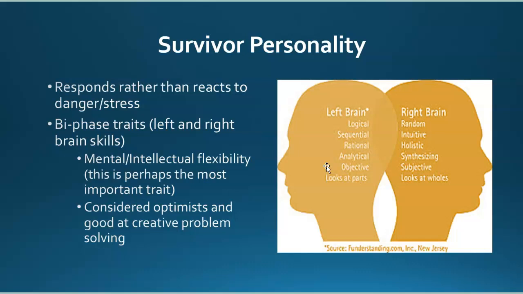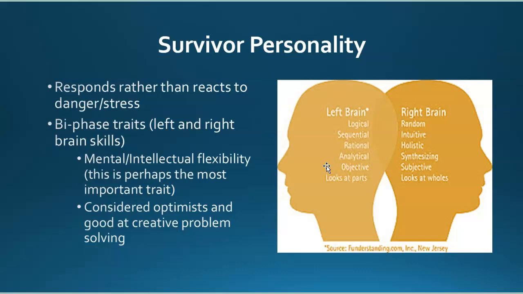And with survivor personality, they tend to have strengths with both. They can really pull from those left brain strengths and also from the right brain strengths. And what this in turn means is that it makes them very good at creative problem solving. When it comes to problem solving, the way it often gets taught is that there are